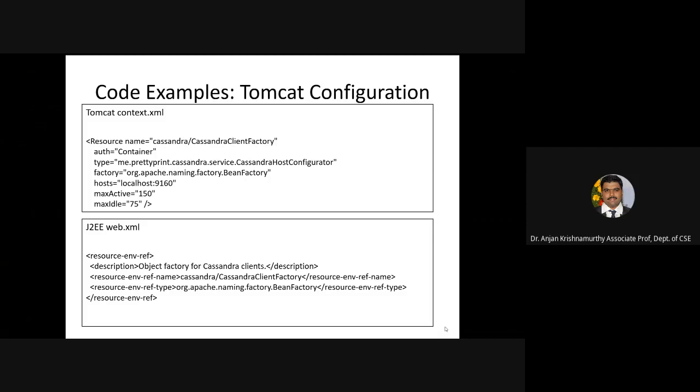So these are some of the core examples with respect to Tomcat, where you are trying to look at the configuration related settings. I am just pausing here for a moment so that you can have a look into the way in which the XML coding is done in Tomcat for Cassandra configuration.